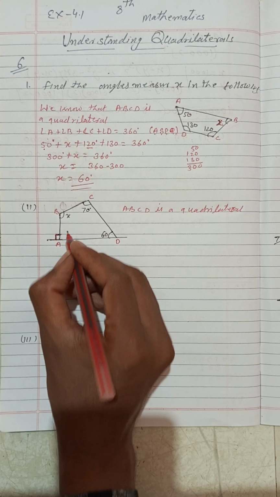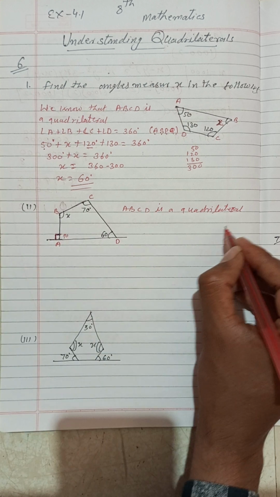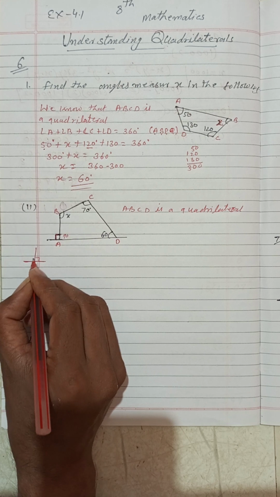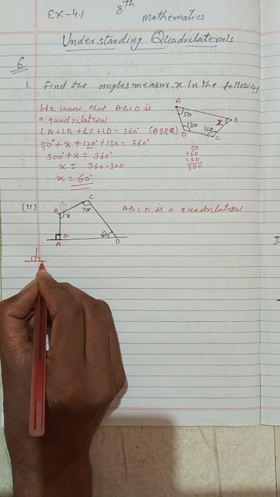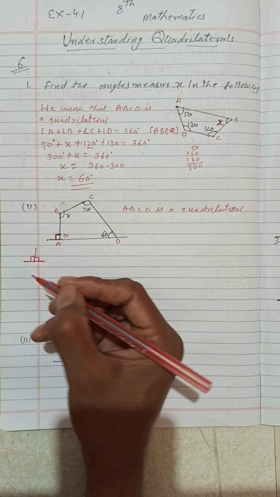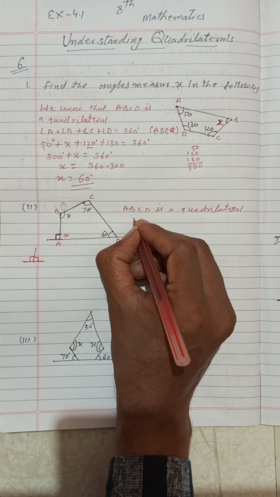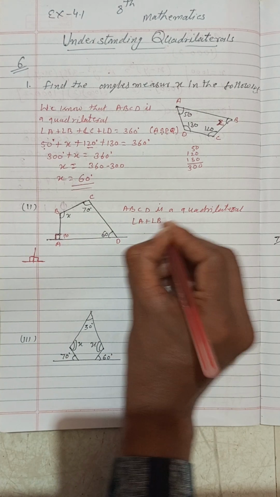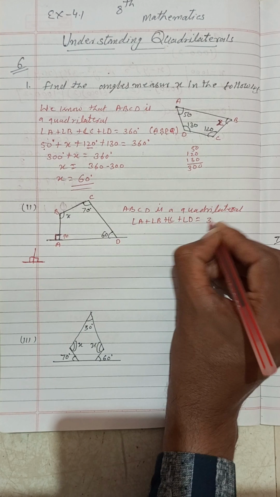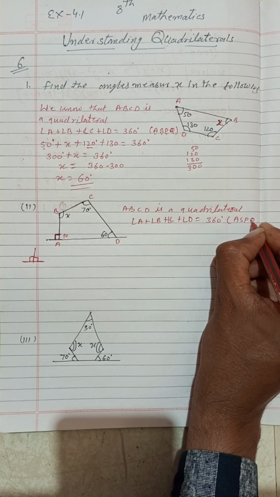90 degrees it is. So this angle A is 90 degrees here. Here is also 90 degrees. Perpendicular means the lines which are drawn like this. That is a 90 degree angle, and this side will also be a 90 degree angle, because on a line, the two angles which are 90 degrees are called supplementary angles. So this is a 90 degree angle. So we can write angle A plus angle B plus angle C plus angle D is equal to 360 degrees. Why? Because of the angle sum property of a quadrilateral.